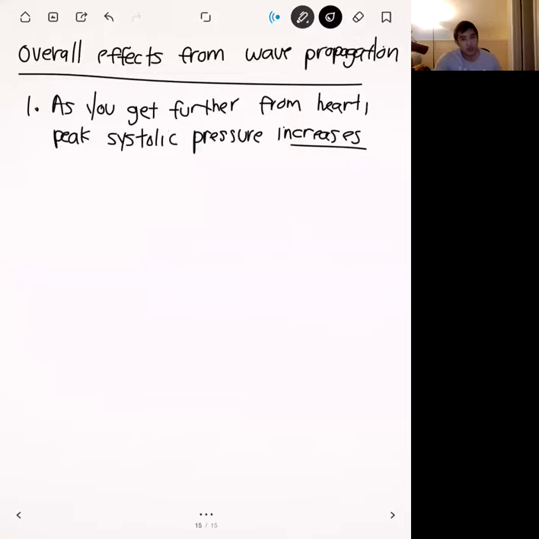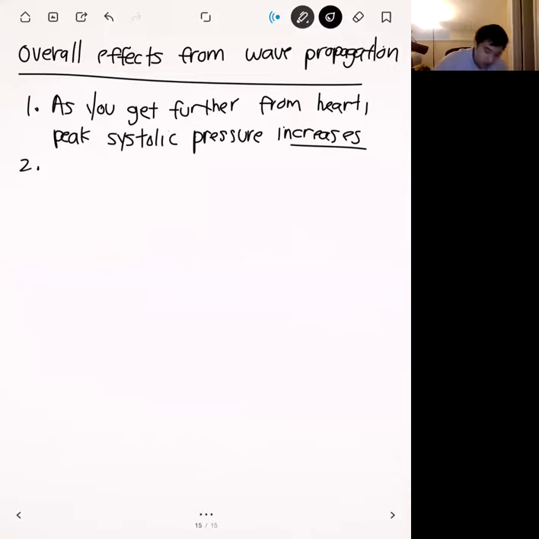And so if you measure the peak pressure somewhere right next to your heart compared to somewhere maybe in your arms or your legs, you're going to have a higher peak systolic pressure. Okay. All right. So number two, the other overall effect, which is due to reflected waves, is that